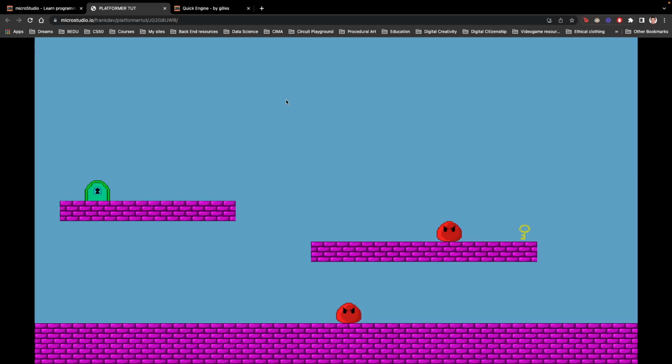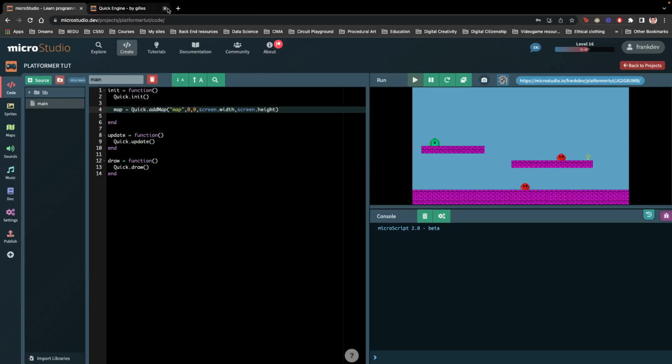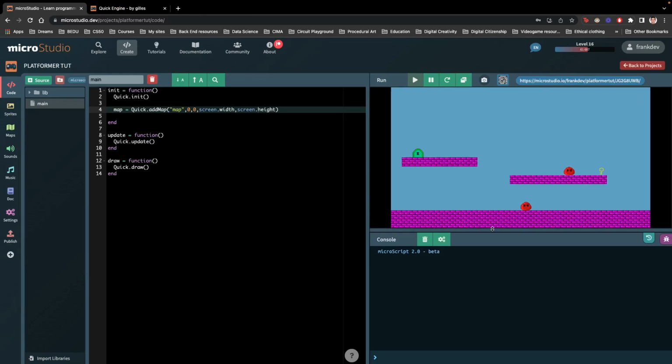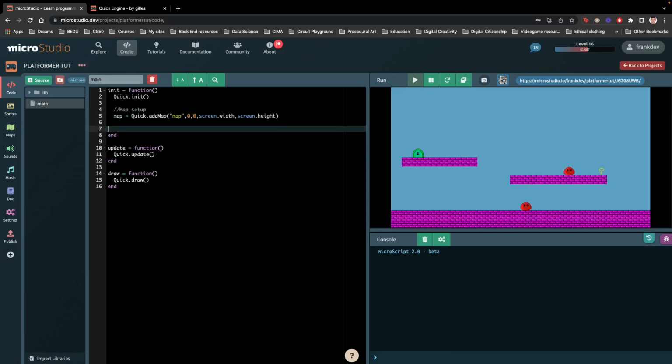It is working. Okay, good. Great. So we got the map there. Let's just add our character. So I'm gonna add here a little comment saying this is the map setup. We're gonna change some stuff maybe later, but we do want to have a bit of order because the code is gonna be a bit extensive, just a bit. Then we're gonna add everything related to our